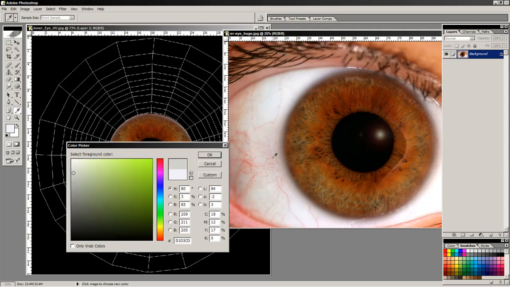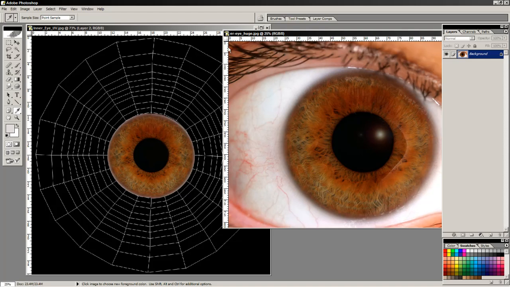I'm trying to find a bit more of a pinkish white, which isn't too bad, that one. But again, we want it to blend in and make it all look pretty good. Let's move that over. That's a bit too pink, so we'll bring it up ever so slightly, hit OK,